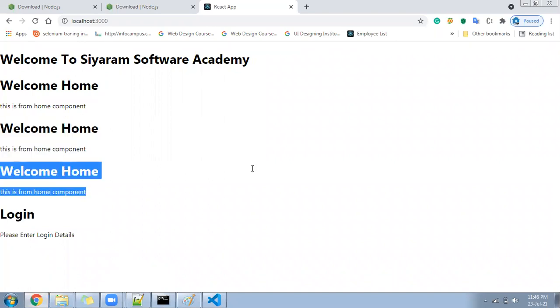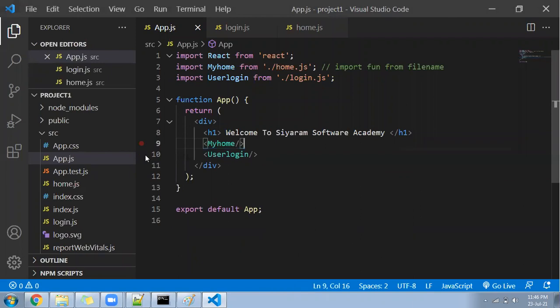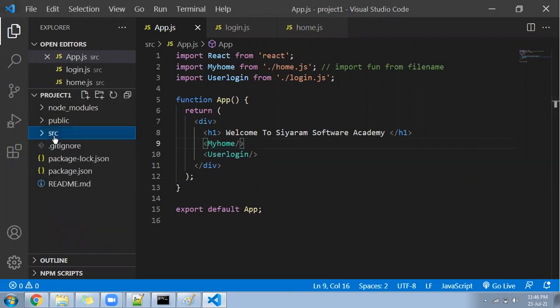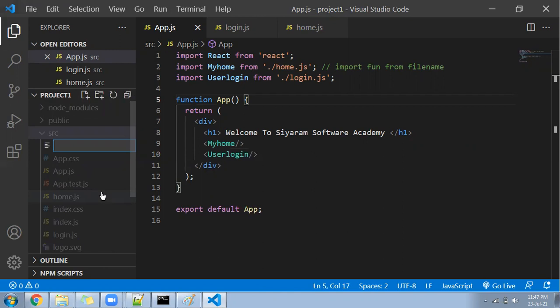Okay. We are not going to focus on that point now. We are going to first understand the structure. So let's keep it at that, two components are ready. Now we will be creating one more component. Hope you have understood how to create a component. I will create one more component from my side and then I'll give you a task to create one component from your side. So I'll go to the src folder and create one more new component. Login we already have, so signup. signup.js.